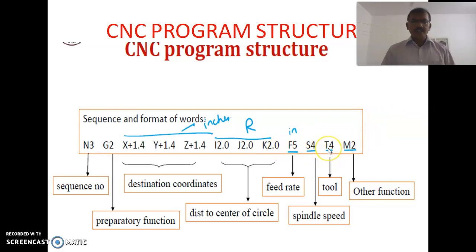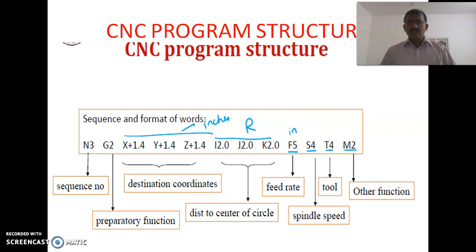And T4 is a tool. That is, you have to select the T4 tool. In modern machines, there is an automatic tool changer. Every CNC machine is provided with a tool magazine, where more than one tool is available. For example, a turret.